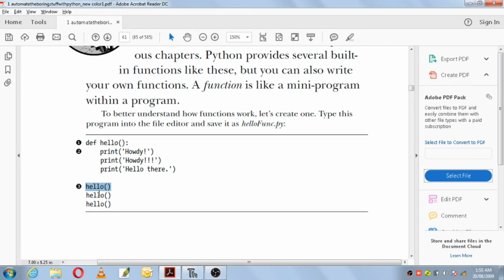The same function is called 3 times here. So these 3 lines will be printed 3 times. So this is the function definition and this is the function call. How to define a function? By using the keyword def followed by the function name followed by a colon. Anything you write below it belongs to that function, and if you want this function to be executed, you have to write the function call. So once you write the function call, it will go back to the code and print whatever the task is in that code.